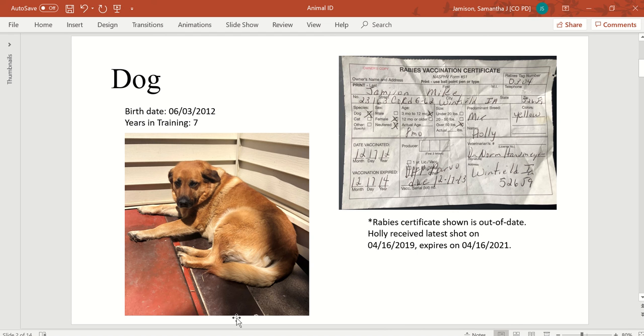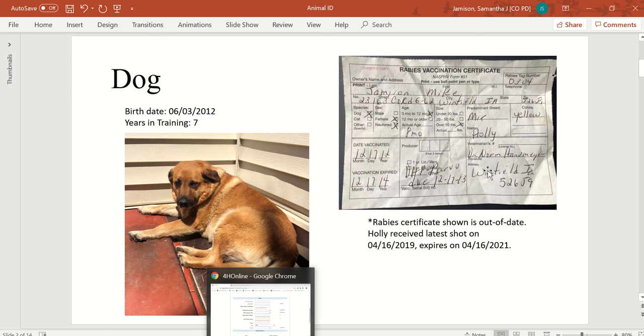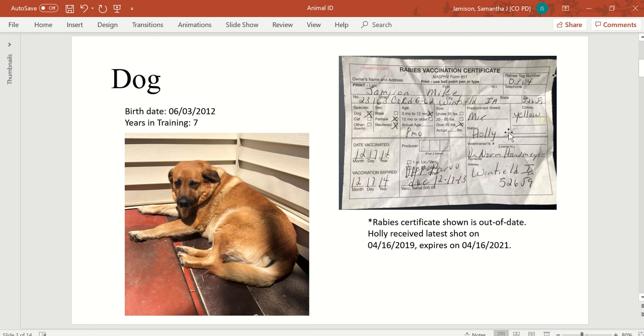Colors and markings was that very first field that we need to input. The vet marked her down as yellow. However, this certificate did expire several years ago, as it shows right here. We do know that the certificate is out of date. I could not find an up-to-date certificate for her, but her records do show at the vet's office that she